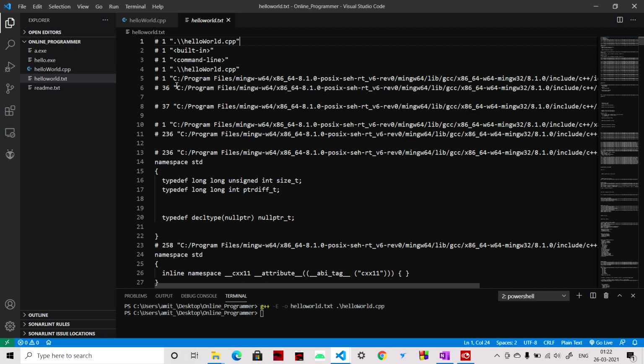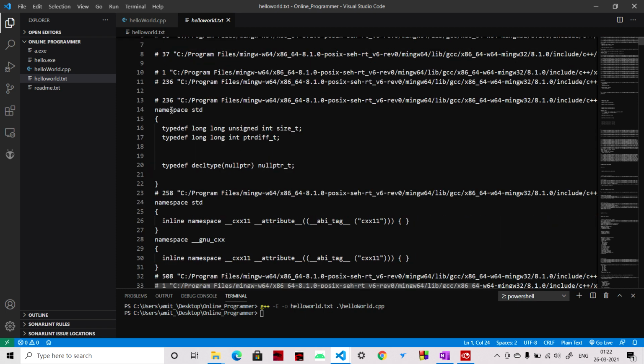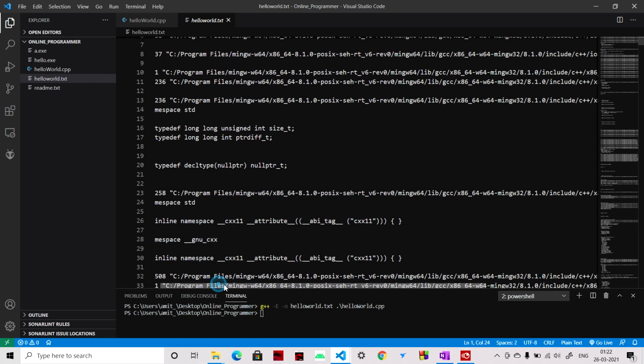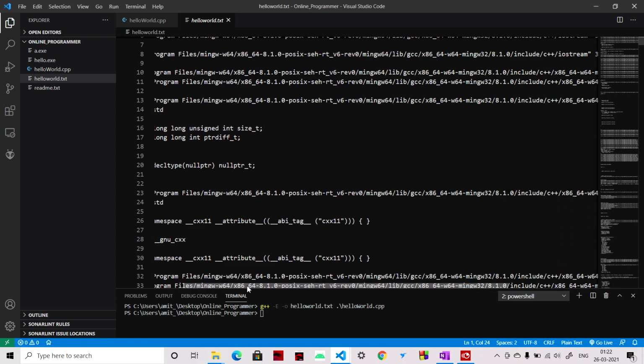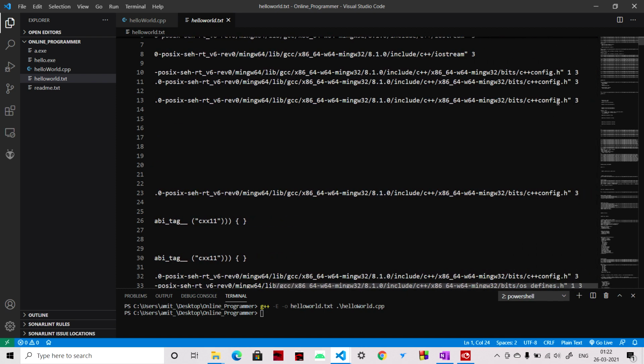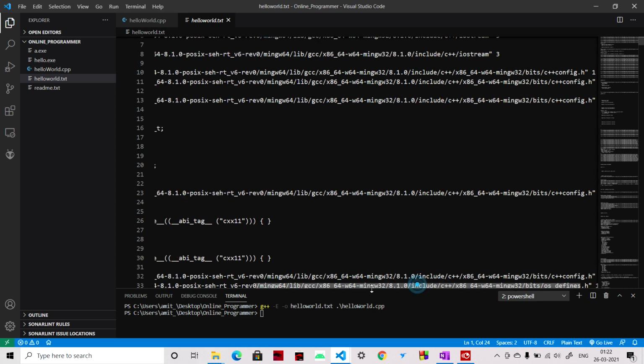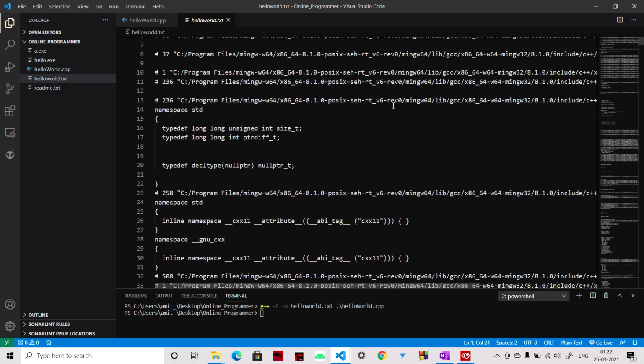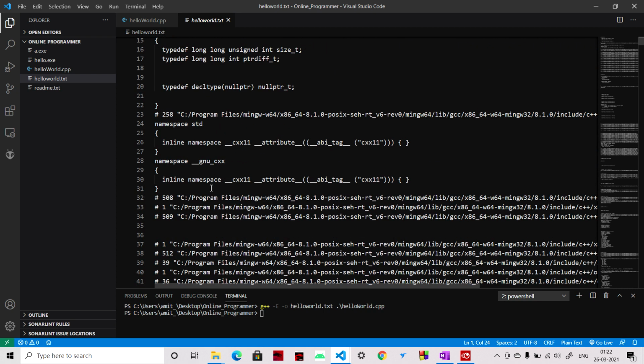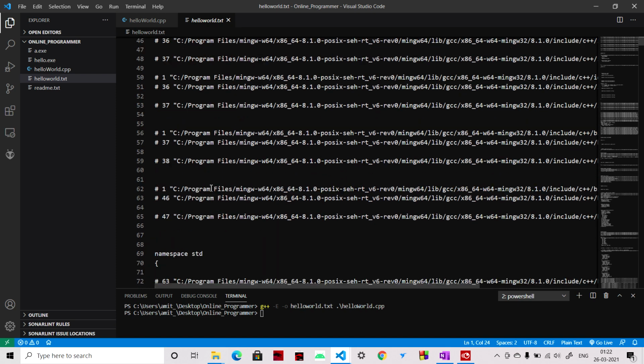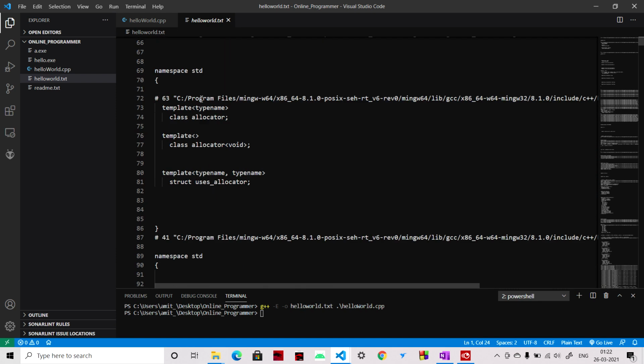After that these are the functions. For example, this is the path of the file, C program files mingw and C++ config.h. So this section is included from there. Similarly, you can see many things included from the standard library.